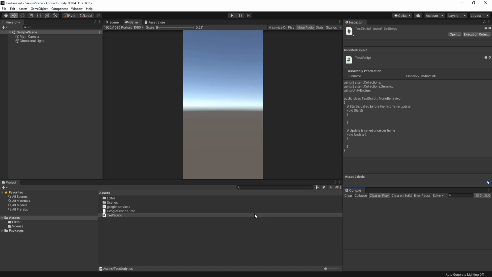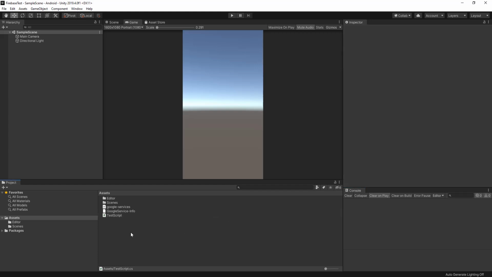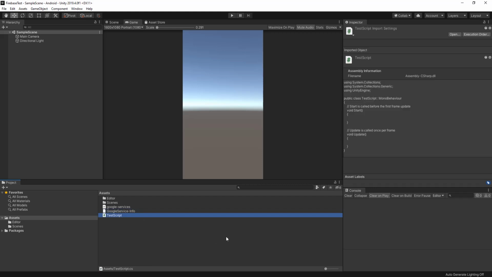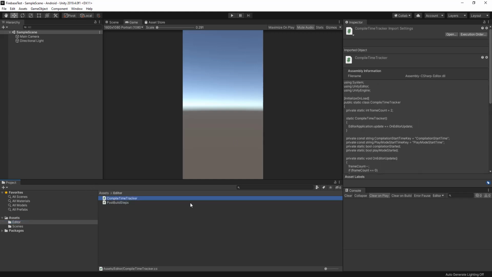Hi guys, I'll try to show you how to install and solve the problem where Firebase is slowing down the compile time and previously even entering play mode. So I have here an empty Unity project. I only added a few things to it, so I added these files that you install Firebase plugin. There's just one empty script, so we have one for recompile has something to recompile later. And in the editor, I have this commented out script we'll talk about later, and I made this compile time